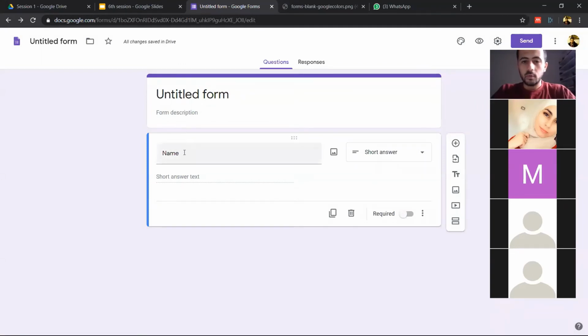Okay, so for name, when I just write name, it gives me short answer, okay? Now I should know that the name I'm entering is not going to be analyzed, okay? Anything that I write down, like short answer, long answer, whatever, is not going to be analyzed, but I will need it. Do you know why I need that name? For reconnecting with the one who's doing this form. Exactly. Or to know,